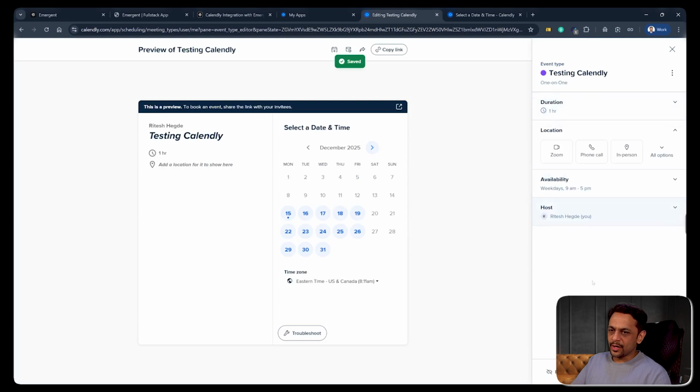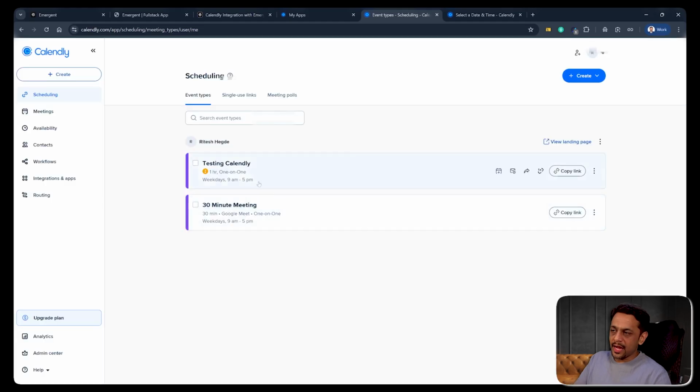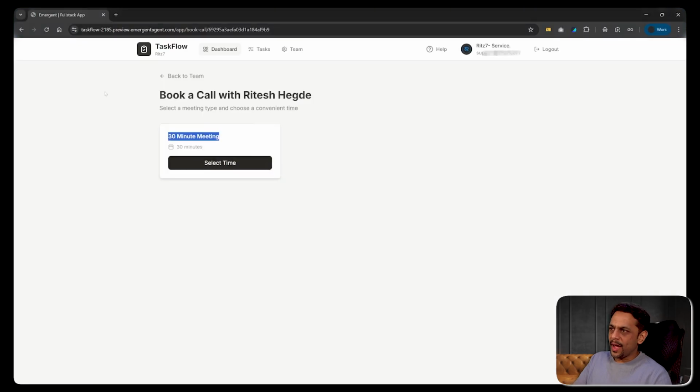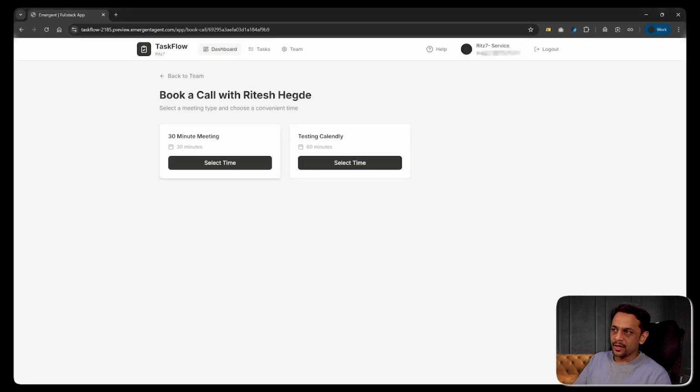So we've got this. Okay, I'll say it is Zoom call. Click on save changes, right? And now I have two types of meeting. When I go back here and refresh the screen, I can see two of them. This is 30 minutes meeting and it's for 30 minutes. Testing Calendly is something that I created just now, which is for 60 minutes,